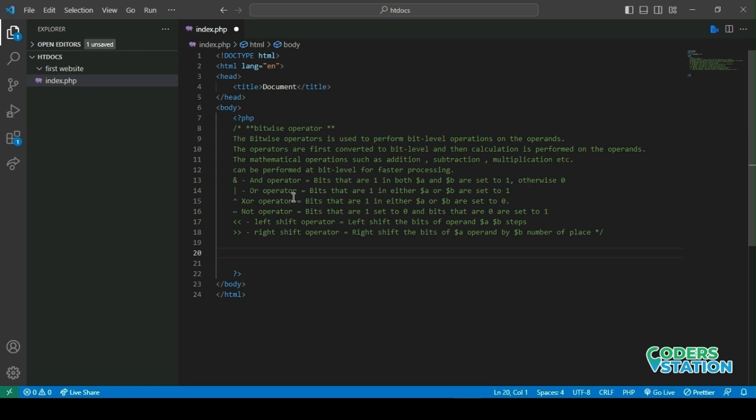So we have different types of operators like AND, OR, XOR, NOT, left shift, and right shift. So let's see it working. Their bits will be